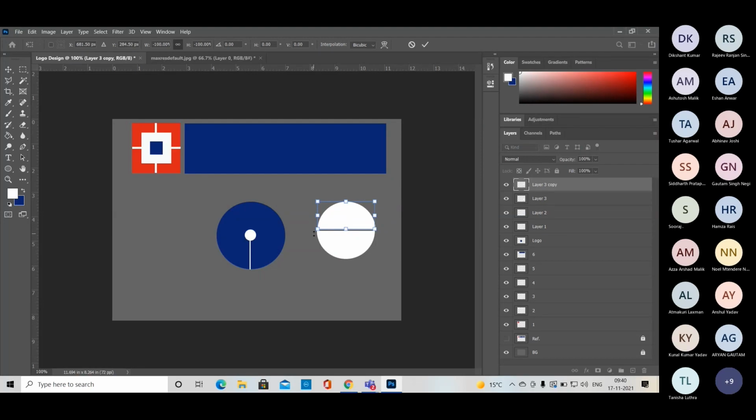Want to fill out background tones, so just do selection and Control backspace. Alt backspace for foreground color and Control backspace for background color, right? Then Control D and just, is it okay?